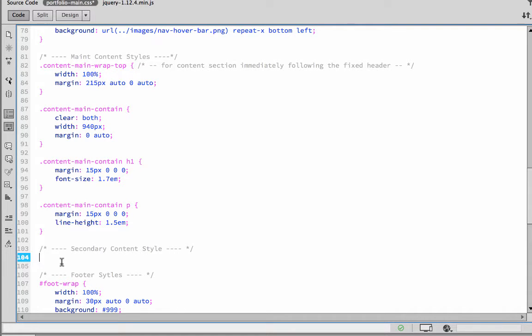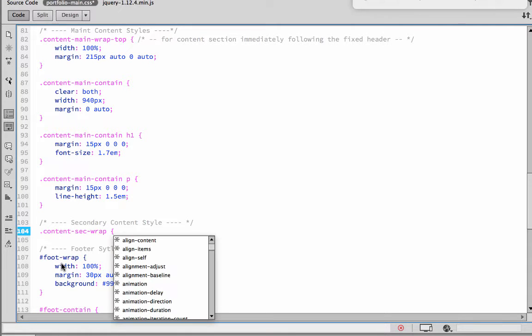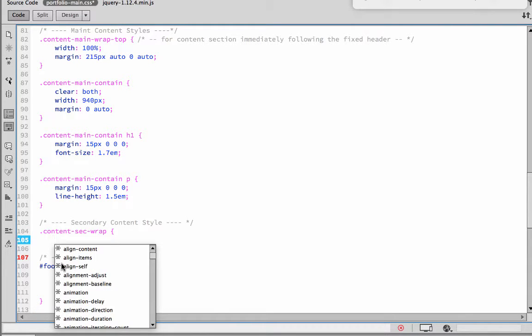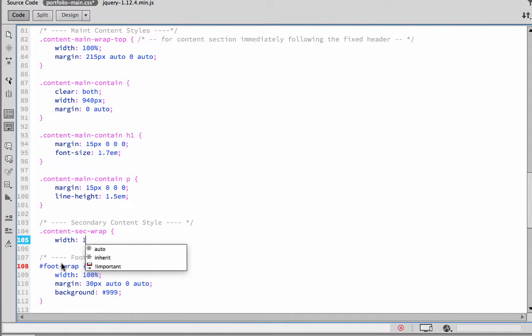So I'm going to start this off as a class because we might use this in other places. I'm going to start off with a period and call this content dash sec for secondary, and then wrap, and then open that up with a curly brace. So the same type of deal here. We give it a width of 100%,